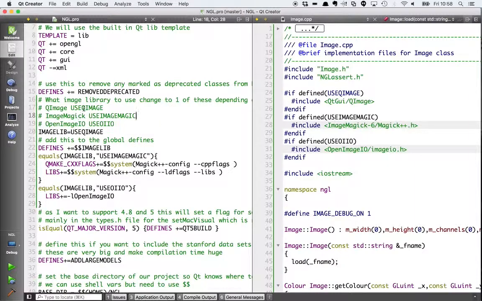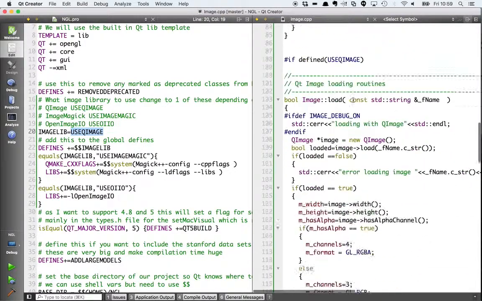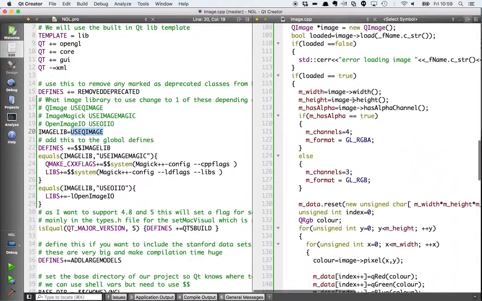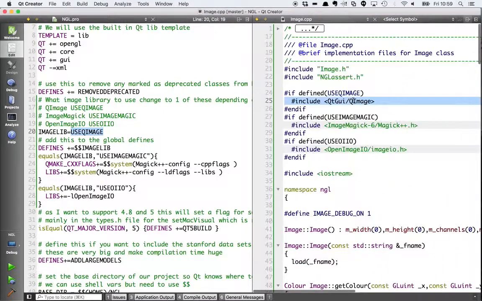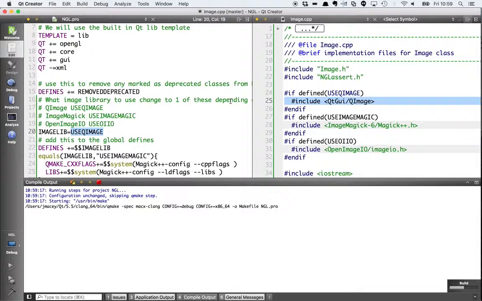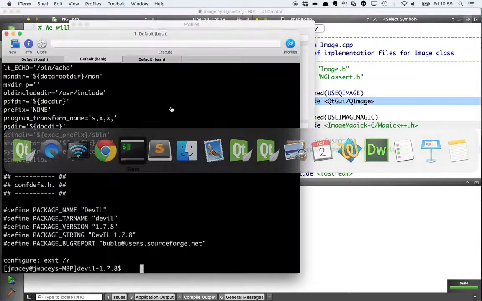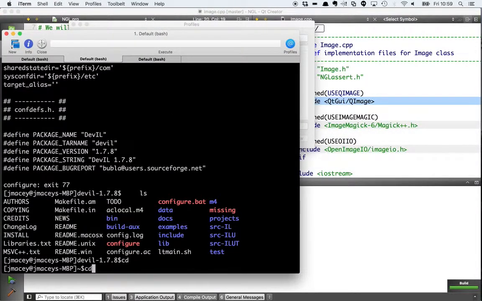By default it will come ready to use QImage because that is our main development environment, so we don't have to do anything. You can see here there's an image lib flag and it says use QImage, and you see through here that if use QImage, then it will just use the standard QImage loading here. And if I quickly build this and we run a simple